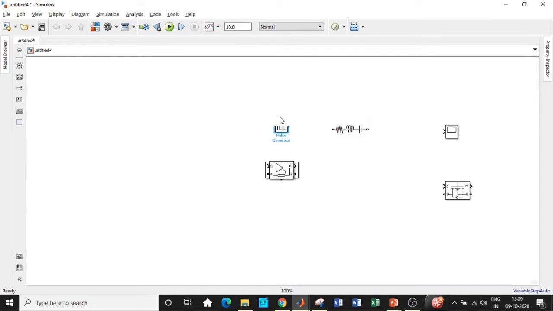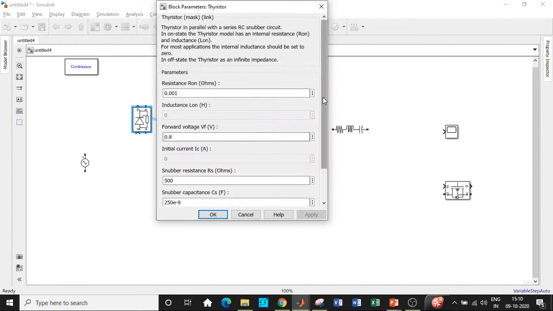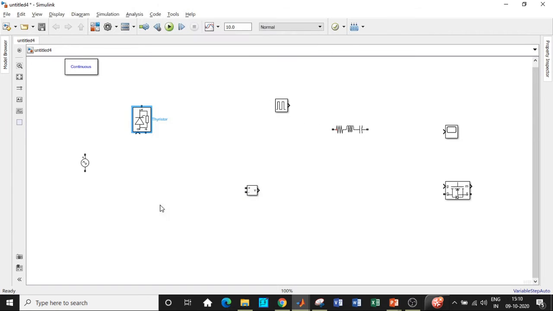So let us start our simulation. Let us place these components in appropriate positions and we'll start off with our simulation. So the thyristor should be rotated by using Ctrl R option and double click on it, disable the measurement port because we're not using them. Even if it is there, it doesn't matter, but just to avoid confusion with respect to additional terminal, I'm just removing it. So copy paste this and place this in this particular fashion.